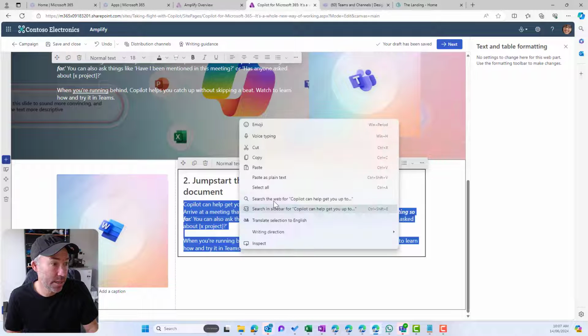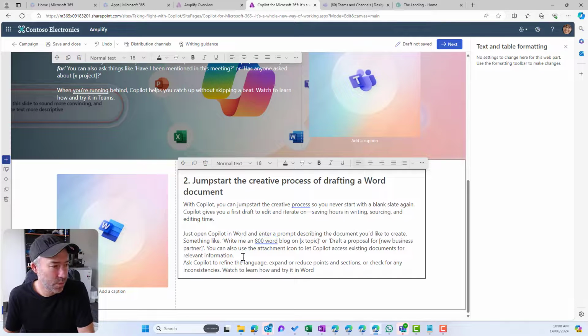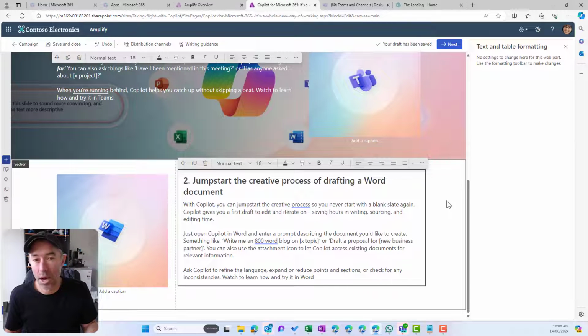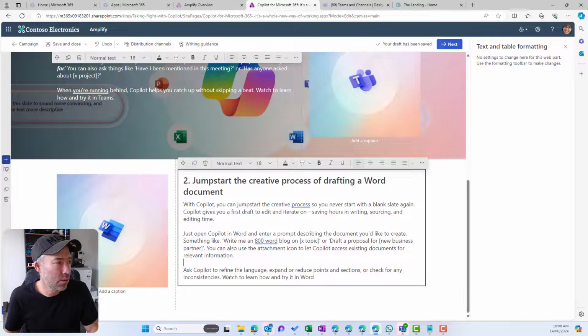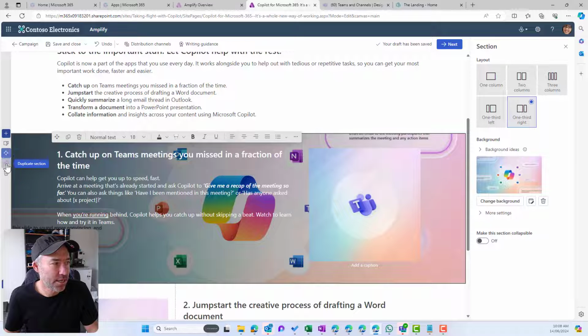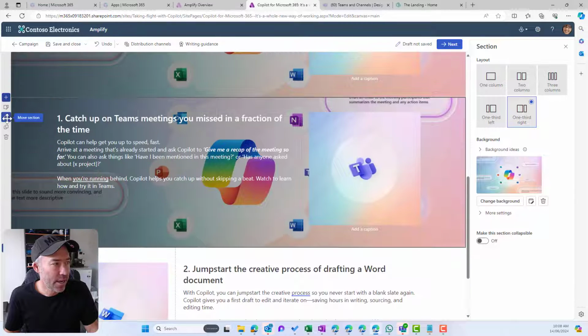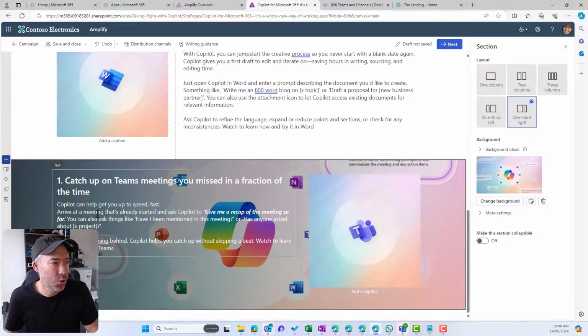We'll just paste that in there, paste as plain text, and we've now got our second section. So we'll do a little bit of formatting, put some spaces in there. I'm just going to keep that as a white background, and then we're going to stagger these sections as we go along. The good thing here is I can now duplicate this entire section. So I'm going to duplicate that, and now I can drag this section underneath the number 2, and now we've